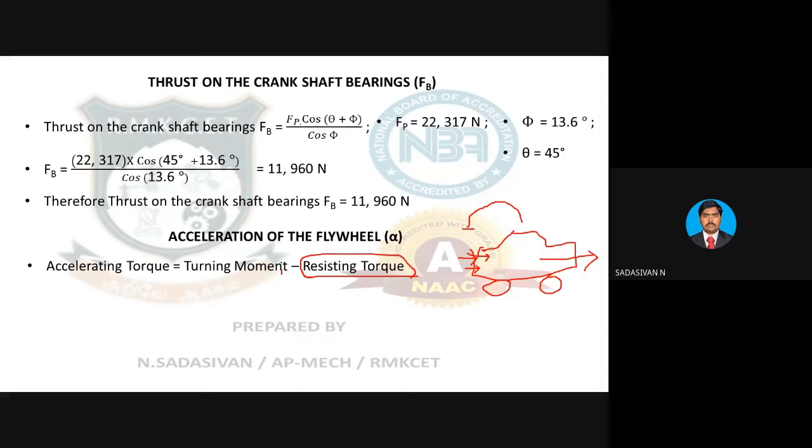Whatever torque is available above the resisting torque will help you increase the speed of the car. Totally this much torque is available to me; out of that, this much is the minimum required to start moving the car. The difference between the total availability and the minimum requirement will reflect as your speed. Excess torque ends up increasing your speed. That's why when you turn the throttle of your bike, the engine moves a little faster, you get more torque also, and you end up increasing the speed of your vehicle.